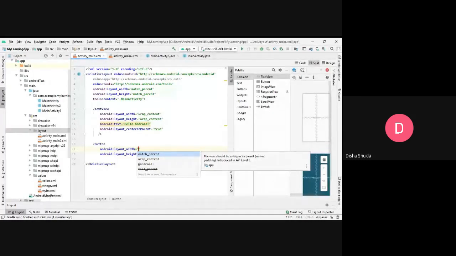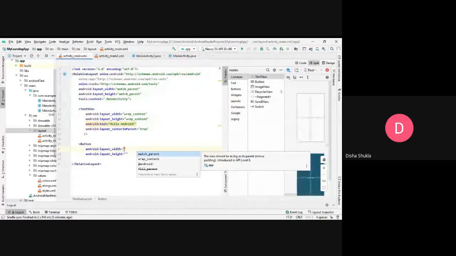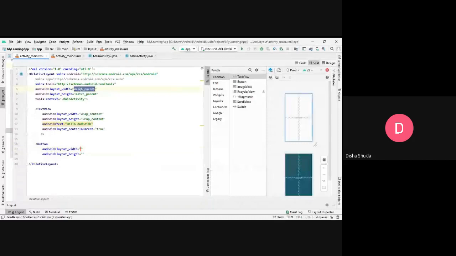Now here two things are very important to be learned. That is the layout width and the layout height. Whenever you are using a particular container, I mean the layout or a particular view, you are supposed to mention the width and the height of the view that you are using. Say for example, this is the relative layout as you can see. So the relative layout has been defined with the width that has a value called match parent and the height that has a value called match parent.